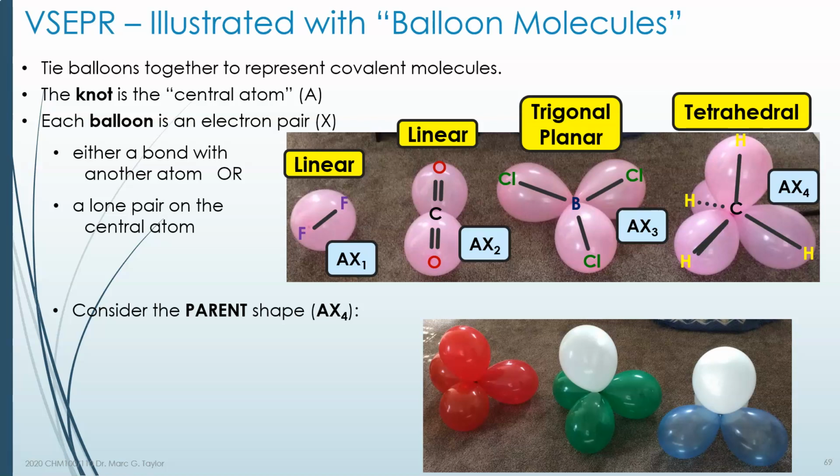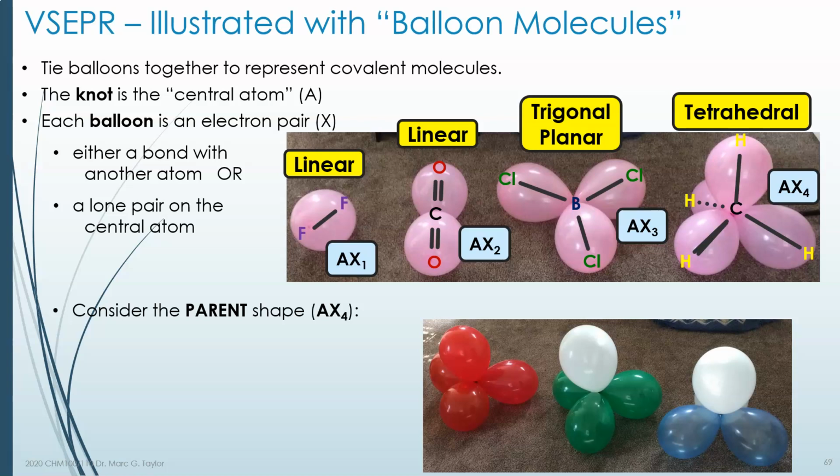But sometimes they're not all bonded atoms. We might have a case where some of these balloons actually represent lone pairs of electrons that don't have a bonded atom. So I've shown you pictures of three tetrahedrons. They're all tetrahedrons: the red, the green and white, and the blue and white. It's a little hard to see the second balloon on the back of the blue and white one, but there are 4 balloons there. They each form a tetrahedron because they each have a parent shape of AX4, a central atom,